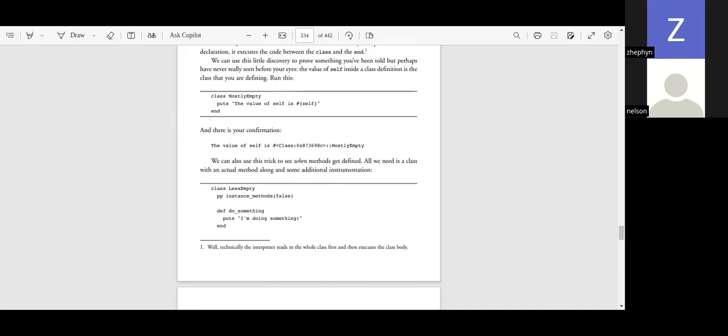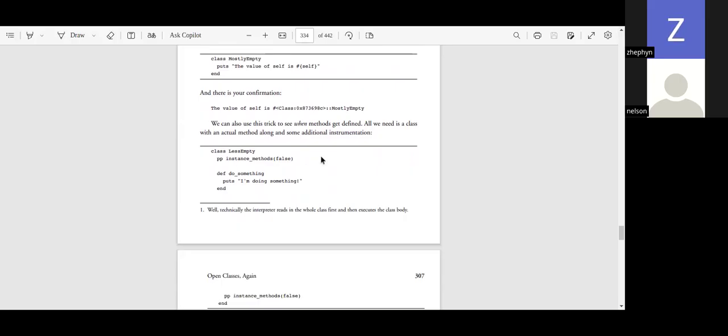So continuing to another class now, we have a class named lessEmpty. And inside this class, we pretty print, pp means pretty print. And then we call the instance methods, which is defined for every class. And we give it an argument of false. What the instance methods method helps us to do is that when we call it inside the class, for example, the lessEmpty class, at the point at which it's been called, we are going to have output that tells us